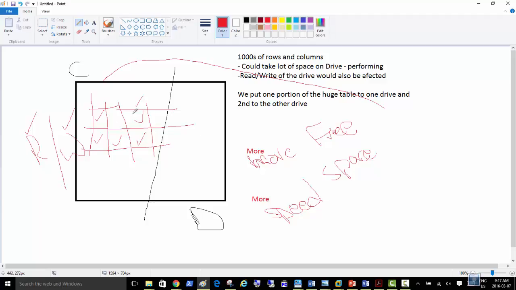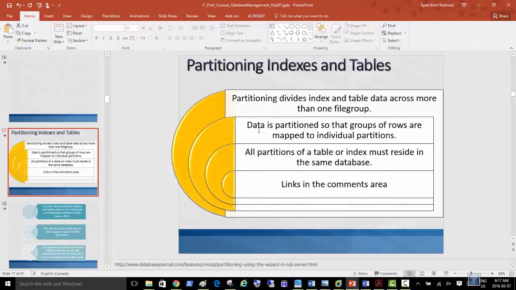So we can divide a table inside a database, and it's going to again perform very well, because two drives are reading and writing now, right? Two drives are offering read and write for accessing data in the table, and also the free space is more available. So that's what we're going to do, and I'm going to show you how to do that. There are several steps to this, but I was just explaining what the benefit is.